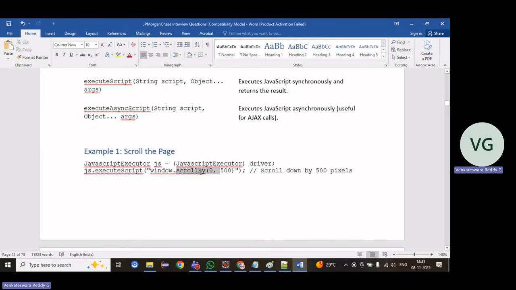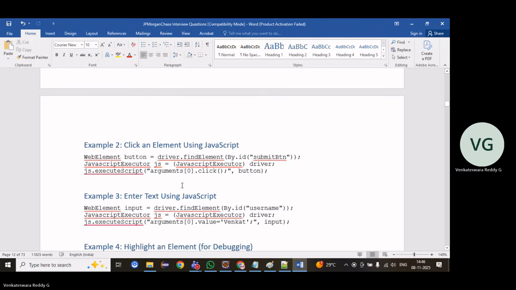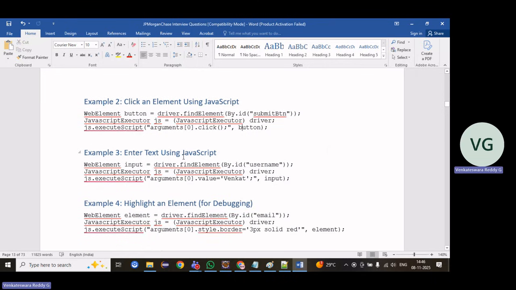X-axis is 0. I want to scroll down, up and down. This is down. If you keep it as minus 500, it will move up. If you want to click on an element, arguments[0].click, and then we have to pass the element, arguments[0].click. If you want to enter the text, arguments[0].value, we can enter